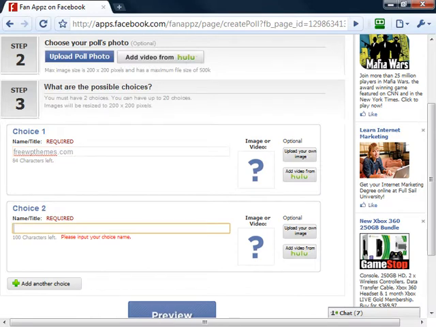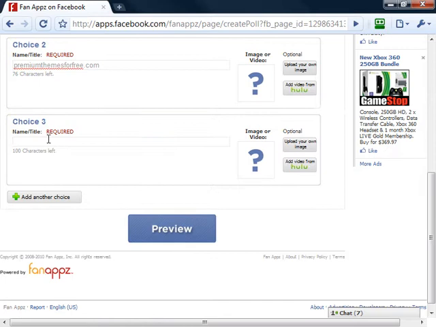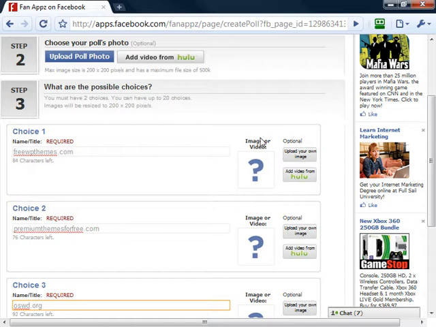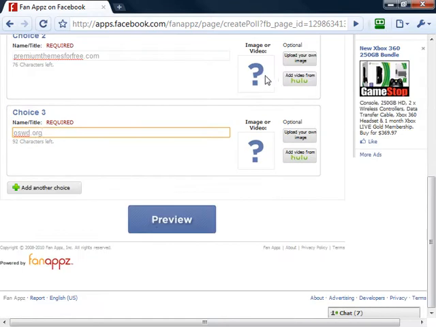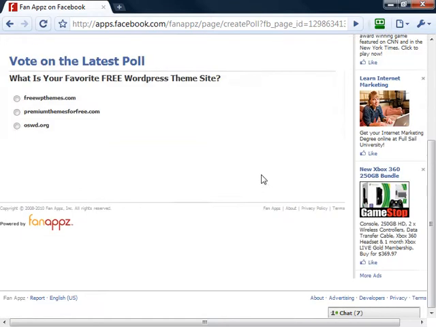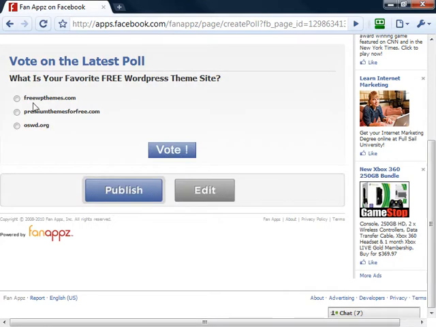freewpthemes.com. Our second choice could be premium themes for free.com, and we could add another choice and do oswd.org. Now we can continue to add choices and add images, or we can add videos. If you wanted to, you could add videos. Okay, then you click preview here, and then you click publish,